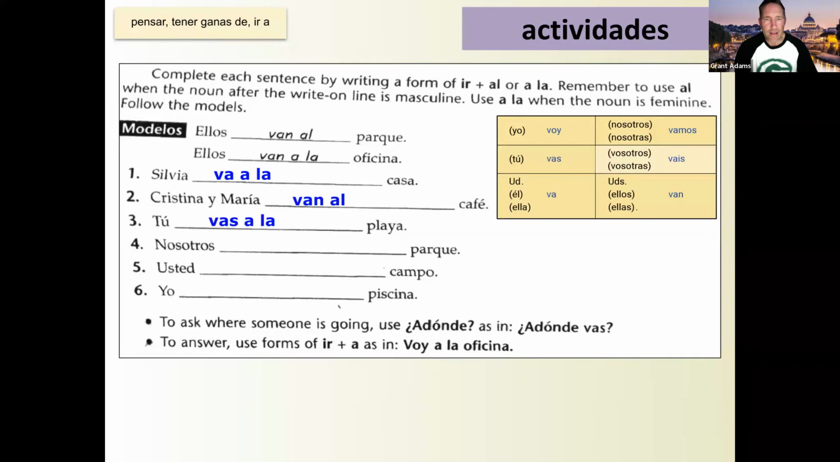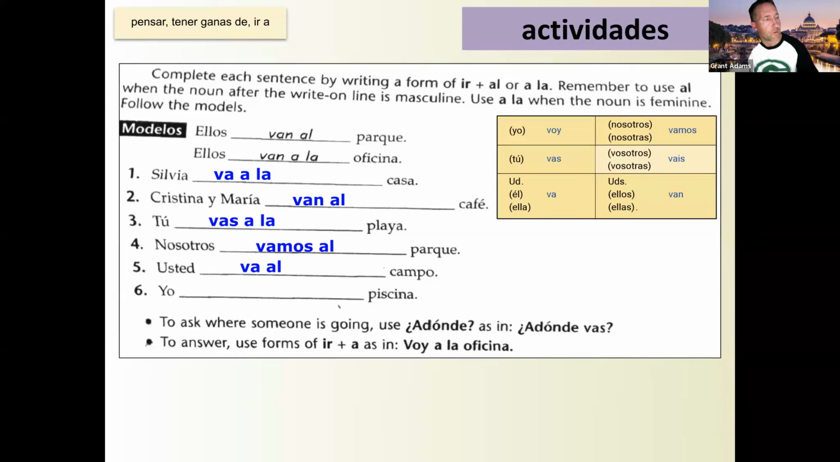Nosotros blank al parque. Okay, muy bien. Perfecto. Nosotros vamos al parque. Perfecto. Usted, you. Professor Adams, you go to the country. Excelente. Muy bien. So you guys are just knowing when to do a la versus al. Muy bien. Usted va al campo y